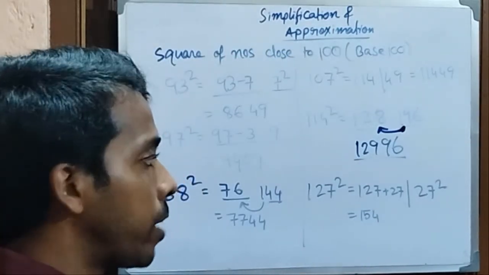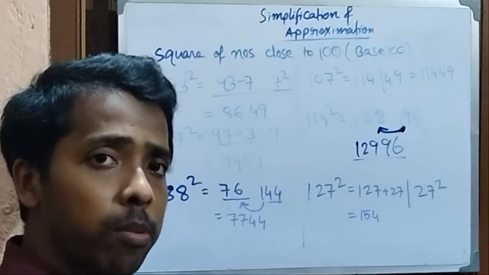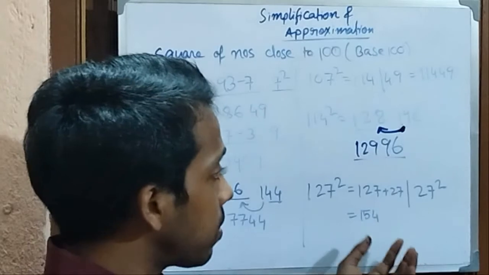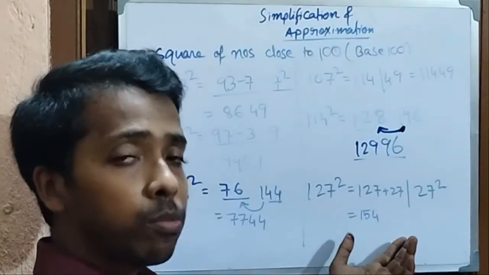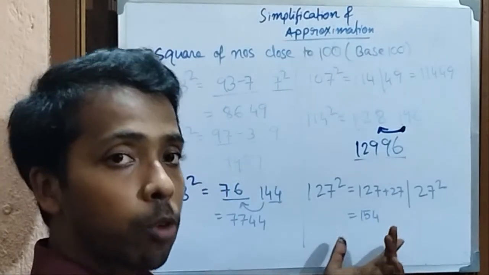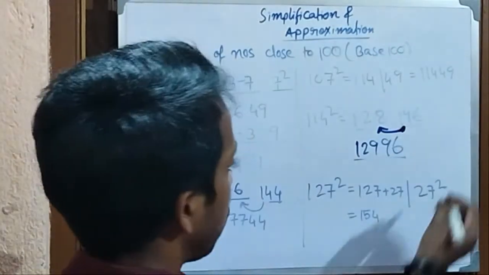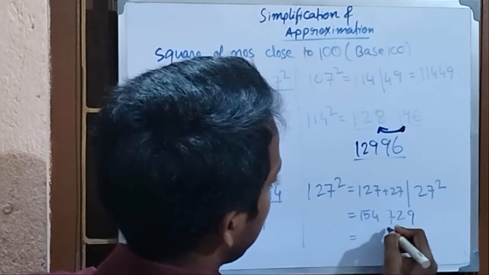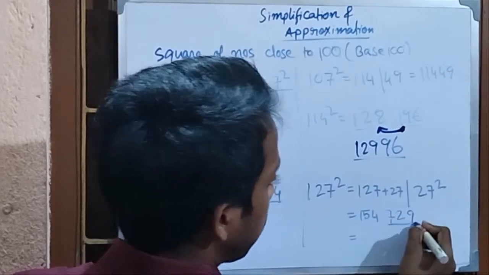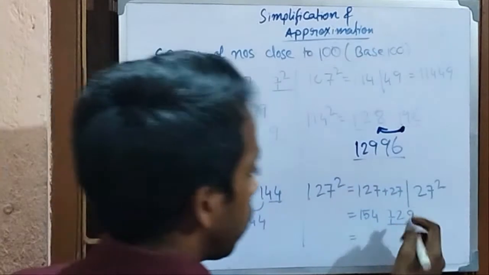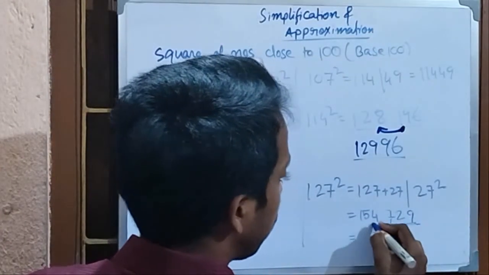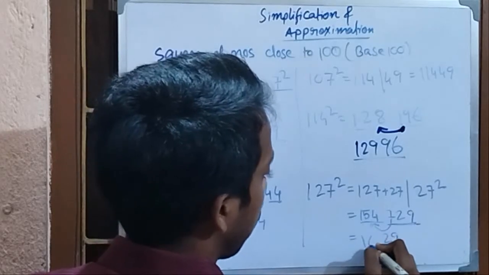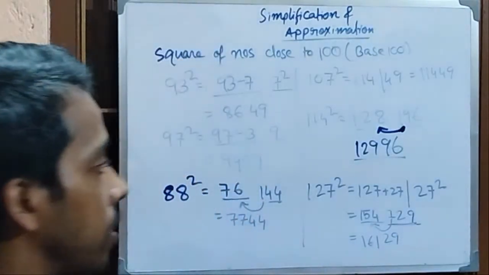Later on, by solving questions on a daily basis in word problems and in the DI section, everywhere you get some importance of this, and you have to make better use of all these facts. So 27 square would be 729. Now, as you know that this part would not carry more than a 2-digit number, so 29 would be here and 7 should transfer to the first box and be added there. So 16129 is the answer.